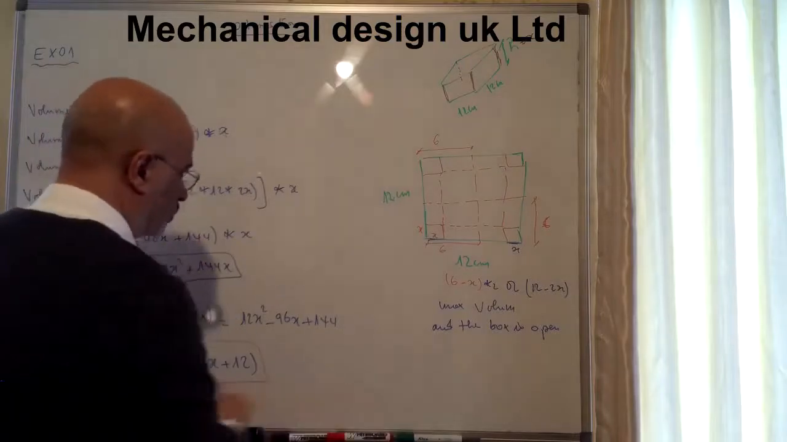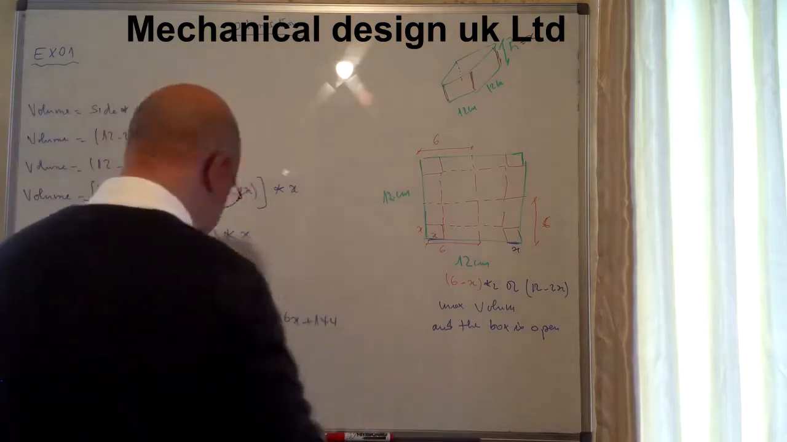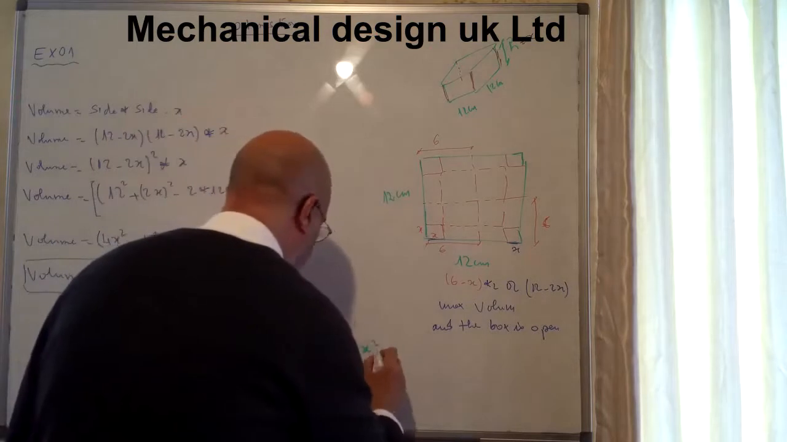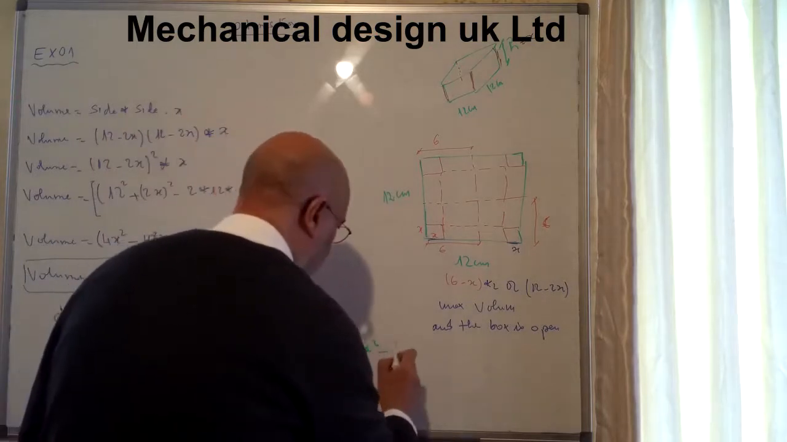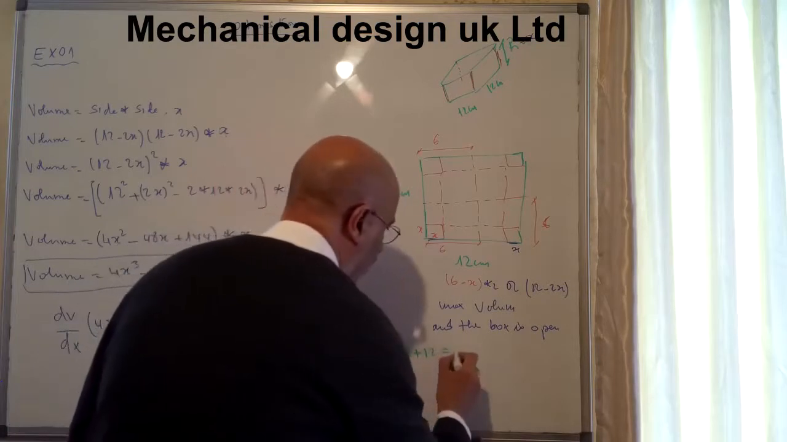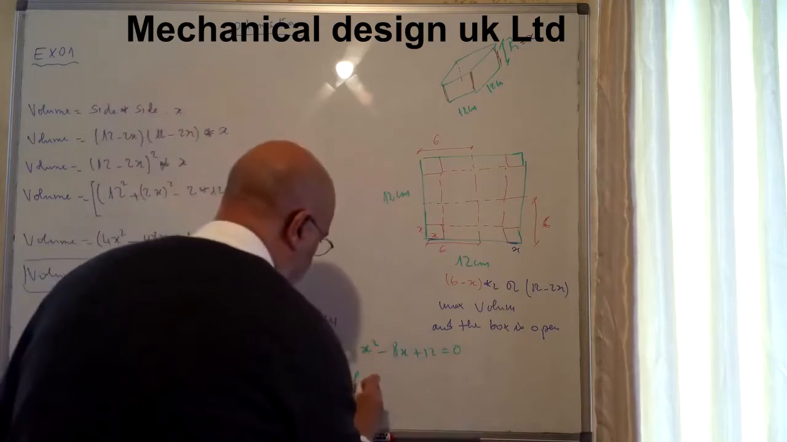Now put x squared minus 8x plus 12 equal 0. We need a root, so delta equals